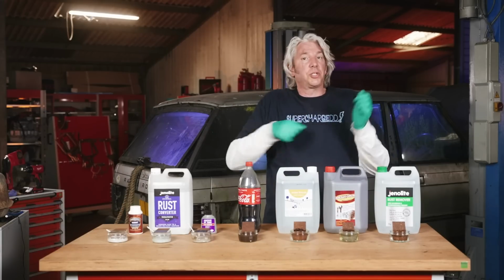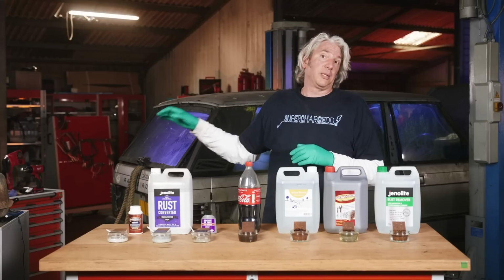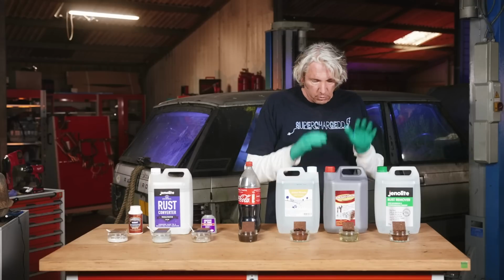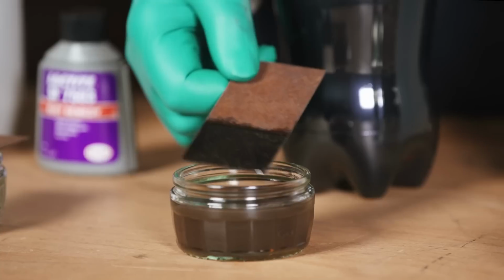I just put it in, slosh it around, keep turning it over every hour or so, and hopefully within a very short amount of time we should end up with a completely rust-free inside of our tank, which would be wonderful. Now it's interesting to see on the Coke actually, when you have a look at that, you can